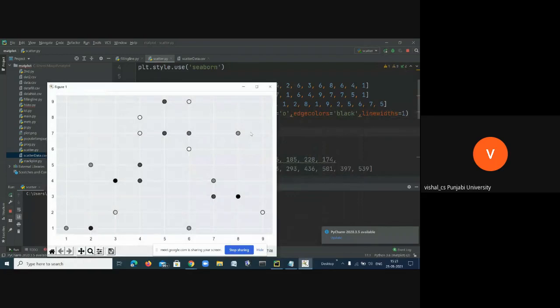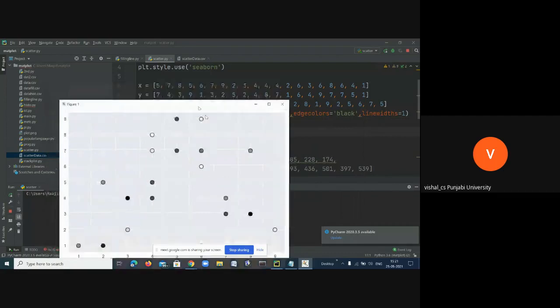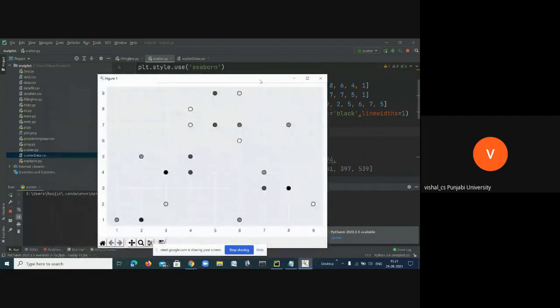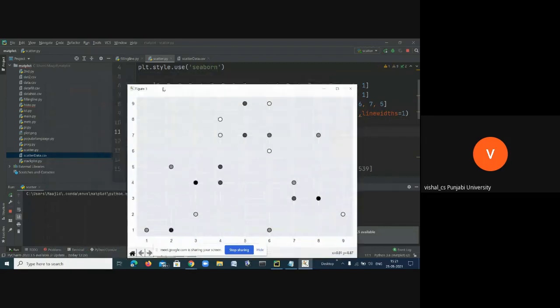See, what is it doing? When we are plotting X and Y, it has different colors. We can say that we are plotting X and Y, and it has a color 7, isn't it?